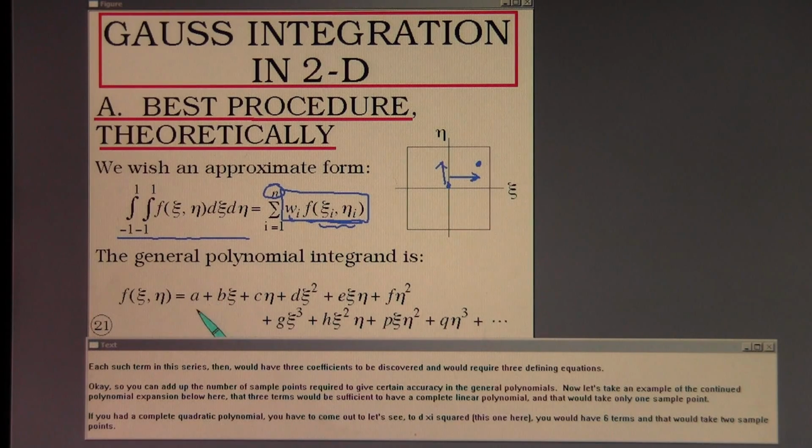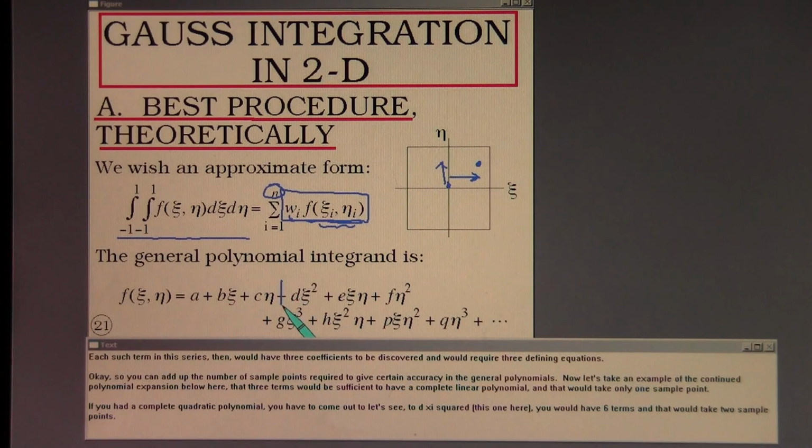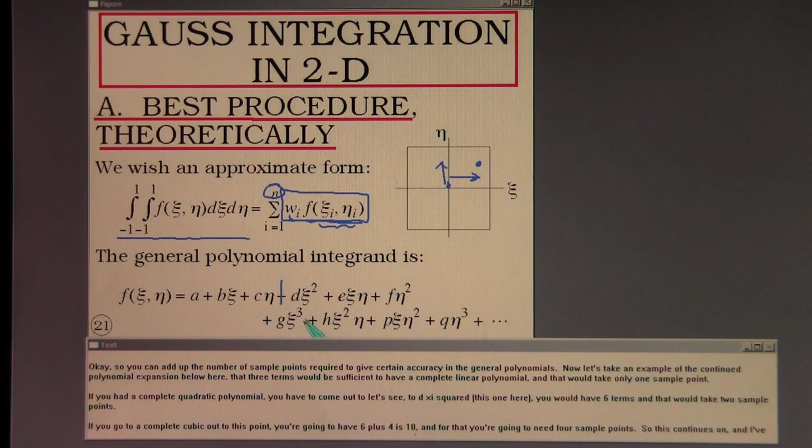Now, let's take an example of the continued polynomial expansion below here, that 3 terms would be sufficient to have a complete linear polynomial, and that would take only 1 sample point. If you had a complete quadratic polynomial, you have to come out to,